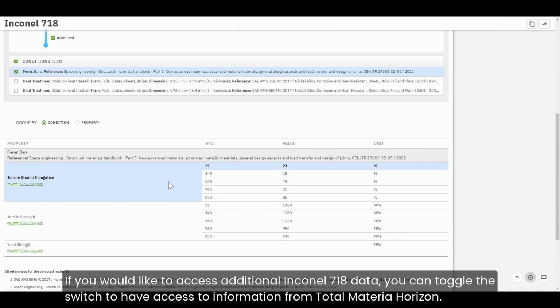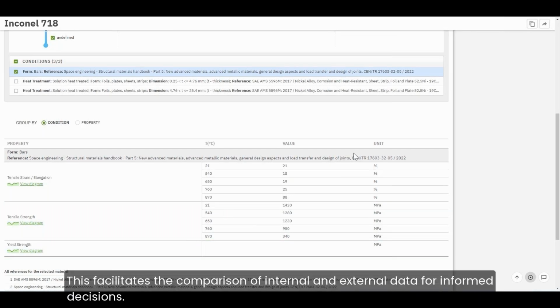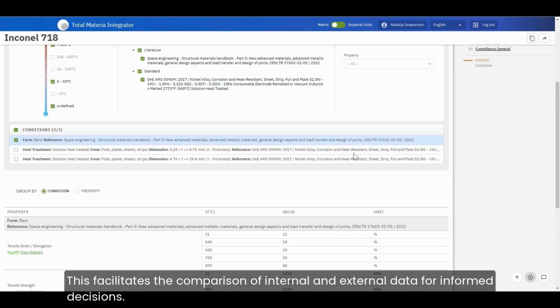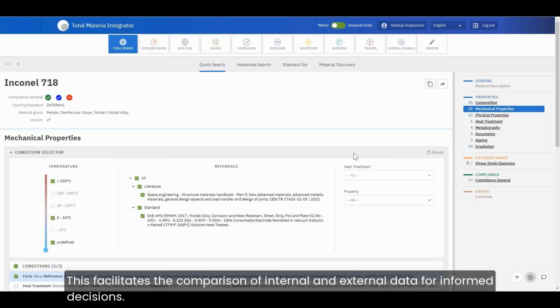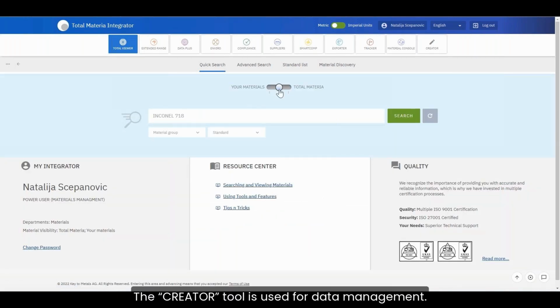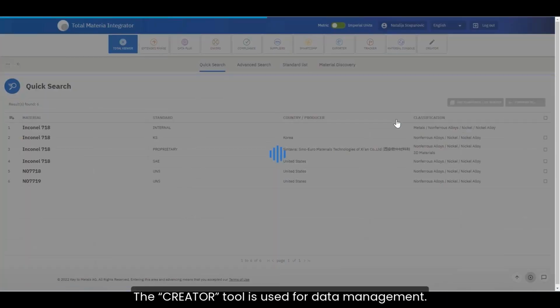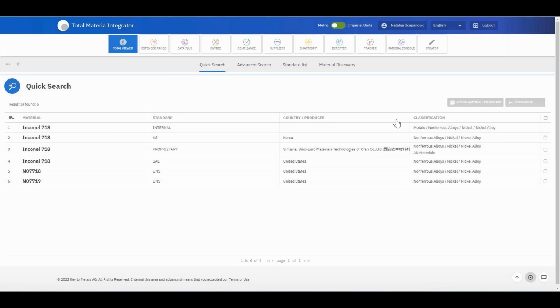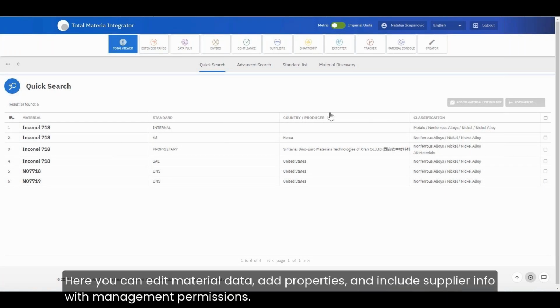At the same time, you have a lot of filtered information about this material, because we have three conditions, as you can see, for mechanical properties, and then we have only 21 different mechanical properties for this material. But in general, if you check your material and Total Materia at the same time, you will be able to see some standards and properties for some producers in Inconel.